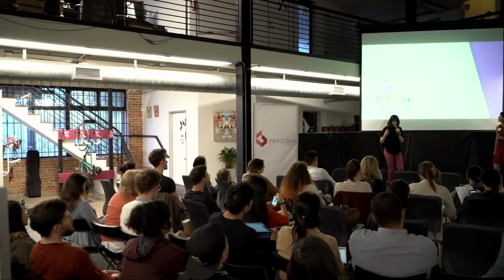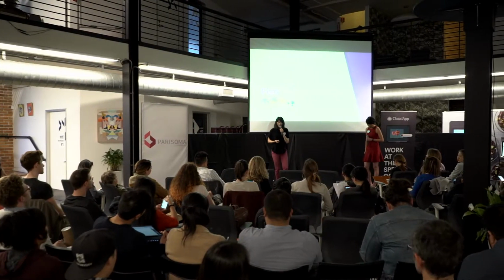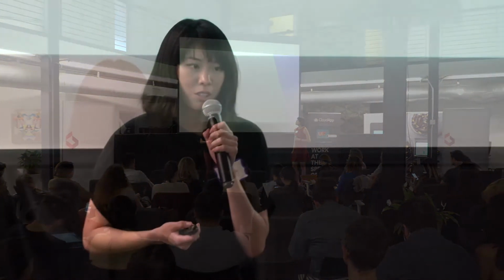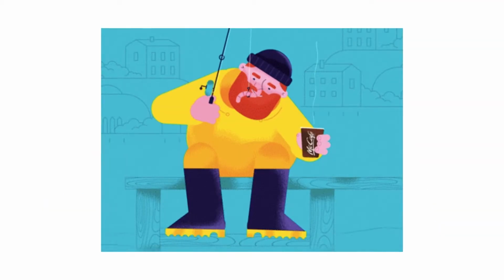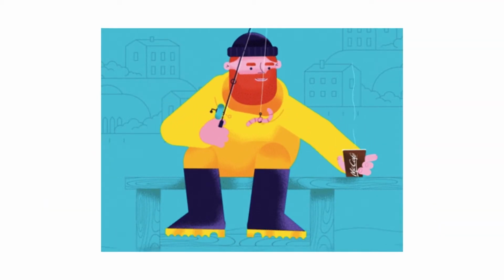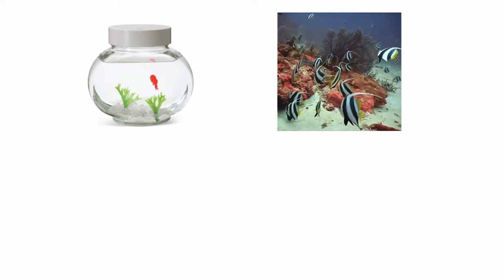So once you have that criteria, what do you do with that? I like to use the analogy, which is recruiting for users is a lot like fishing. So when you're finding your users, you also want to keep in mind, where are they? What kind of pond are they in? Are they in a lake? Are they in a sea? Maybe they're